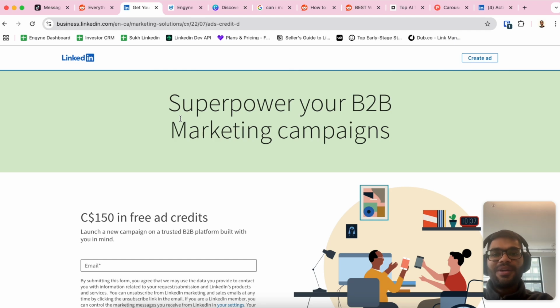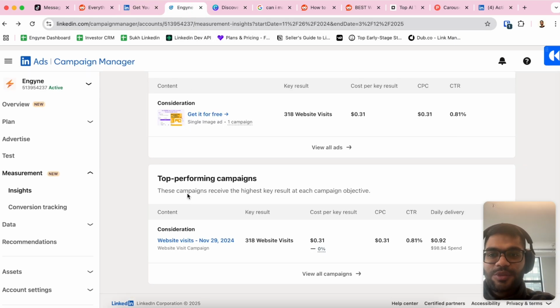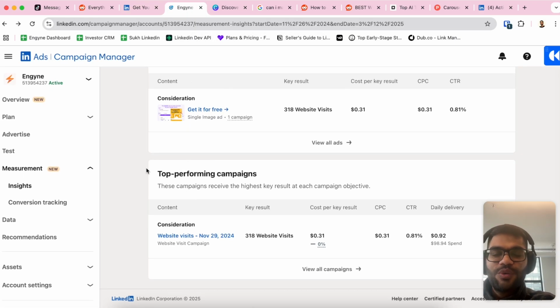LinkedIn ads. I actually used this and got $150, and then I took that money and spent it on LinkedIn ads. Here's my ads dashboard. For the longest time, I didn't actually know how to use this thing. It's very confusing. But now when I look at the results, it says about 30 cents spent per click. So we got like 300 to 400 clicks for the $100 that was spent.